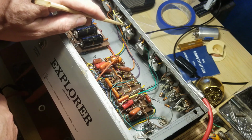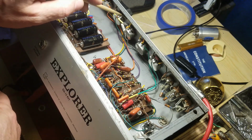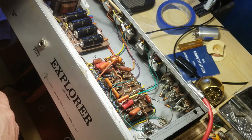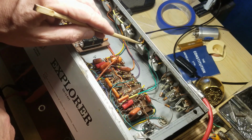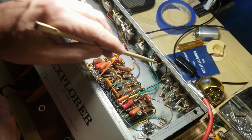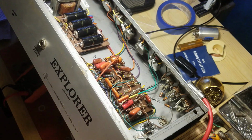And the 6.8K to ground, I got ground over here, so I just jumpered that over there. As it turns out, I put this 1 meg for the reverb on the wrong leg. I put it over here. It needs to come over here to the volume, but I can change that. But meanwhile, to actually see if this thing works,